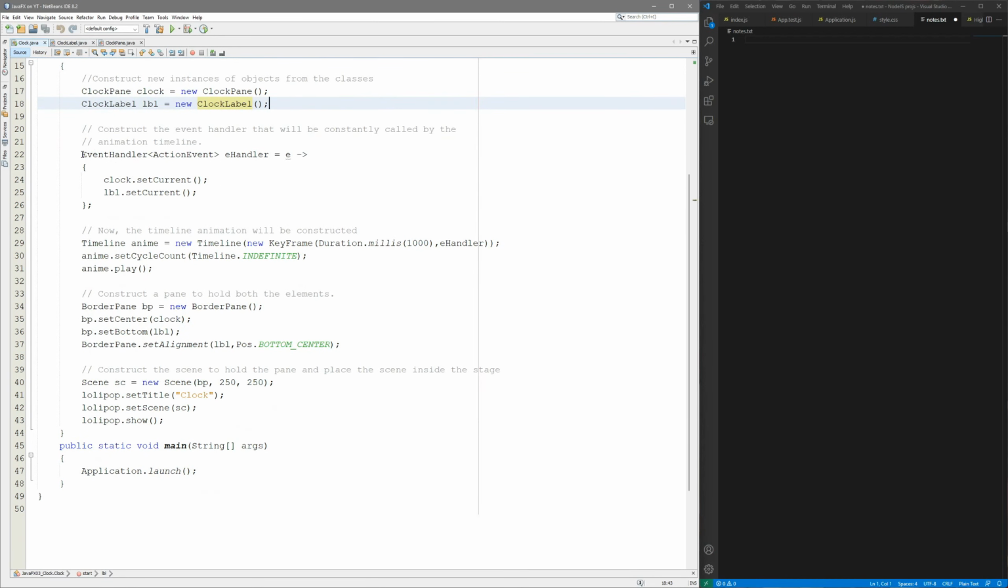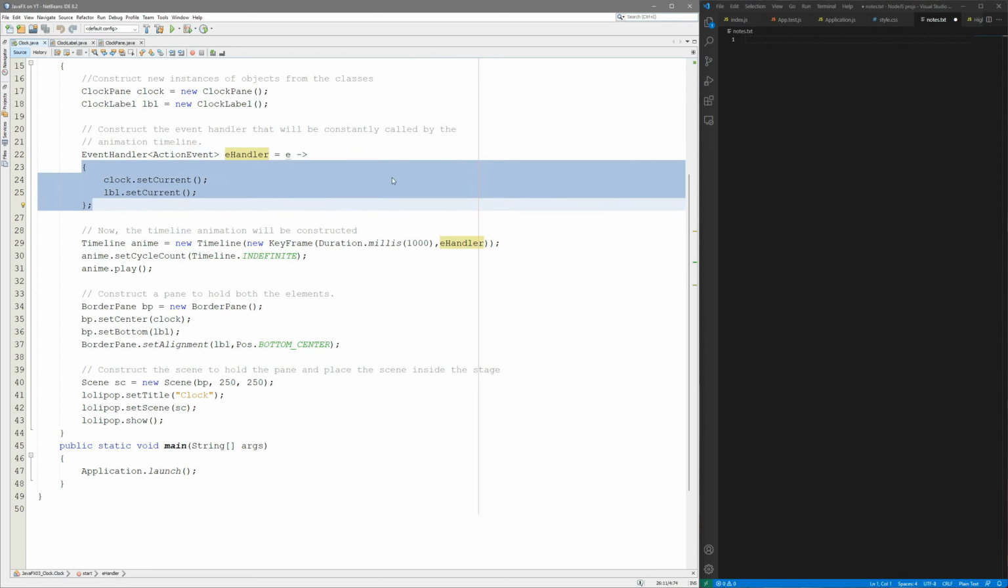Okay, so what we're going to do is that we need to create a specialized event handler, and then we are going to name this event handler as eHandler, and it's going to be in this format. So you need to direct the event, and what you want to do is inside this curly bracket. So actually it goes like this. So event handler, direct any action event,